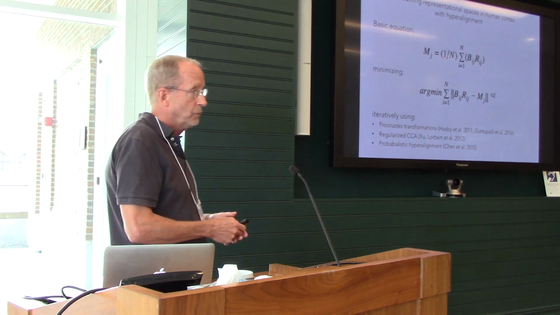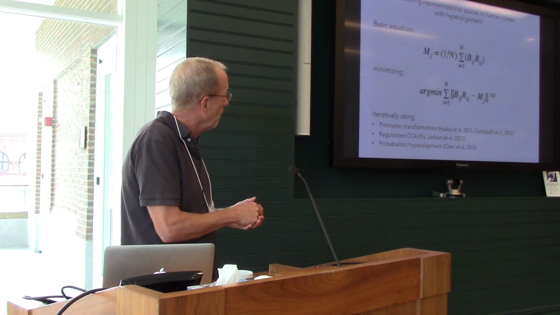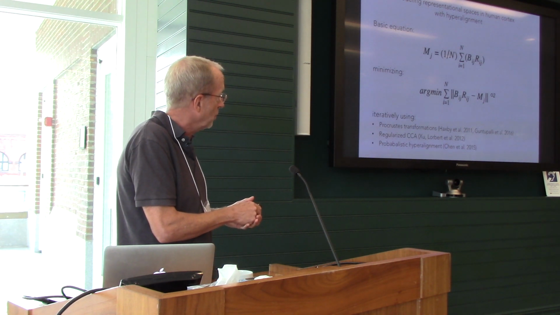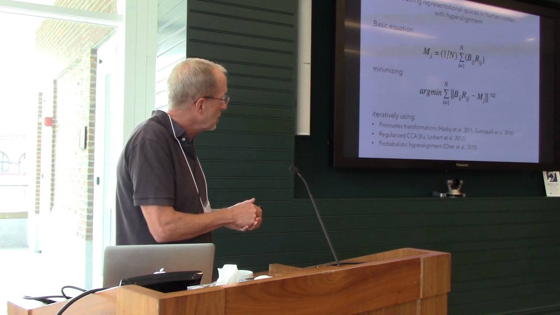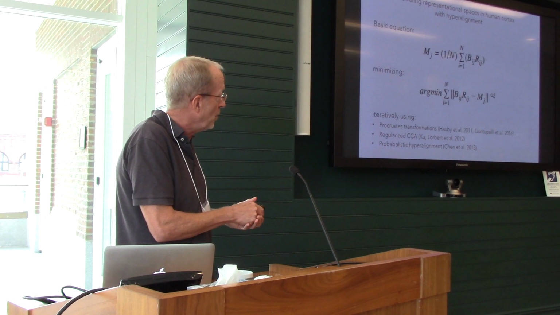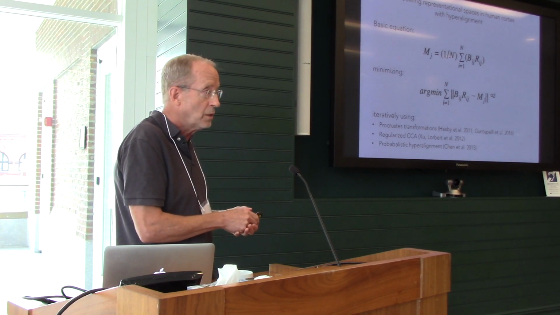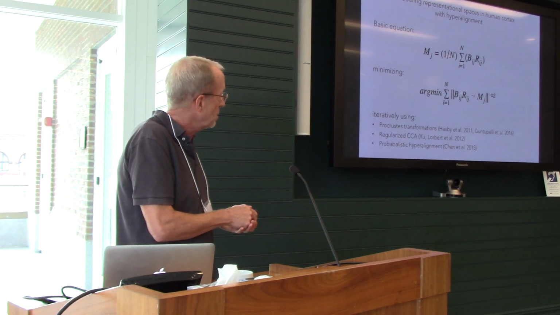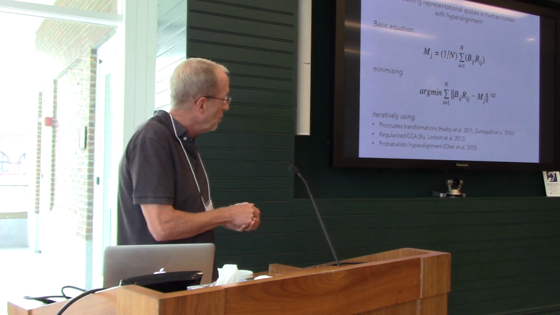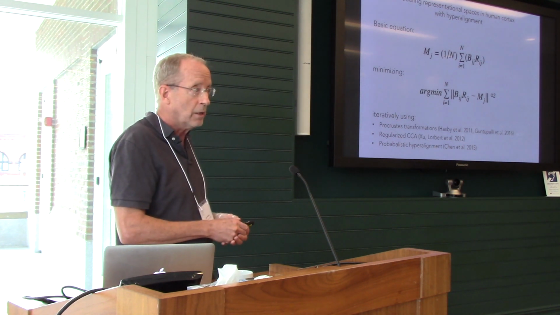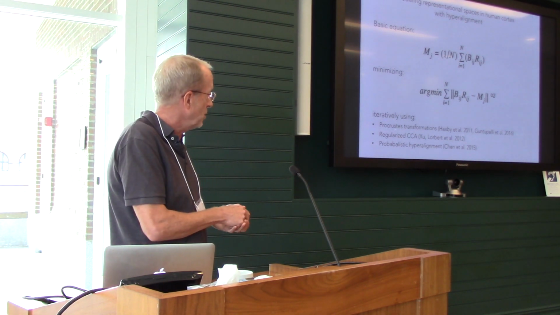So this is the basic equation, and that is that we are deriving a common model. This is for a cortical field J. So the data in the common model is the mean of the individual subject's data for that cortical field, B sub I, times subject-specific transformation matrices, which are rotations, R. Okay? So the model data in the model space is the mean of transformed subject data. And this is done to minimize the difference between each subject's transformed data and the model data. And that's why we use the Procrustes transformation.